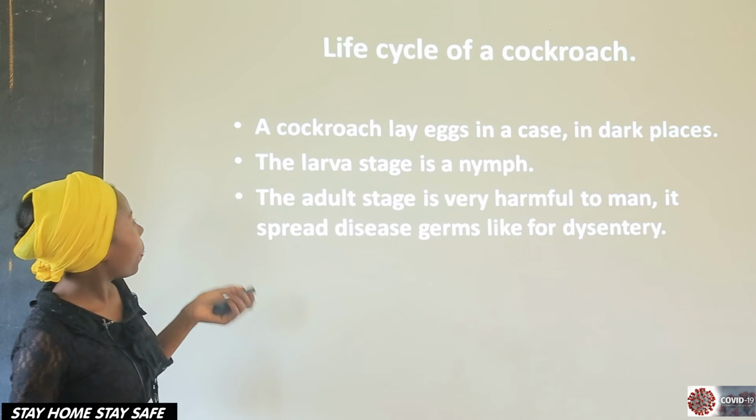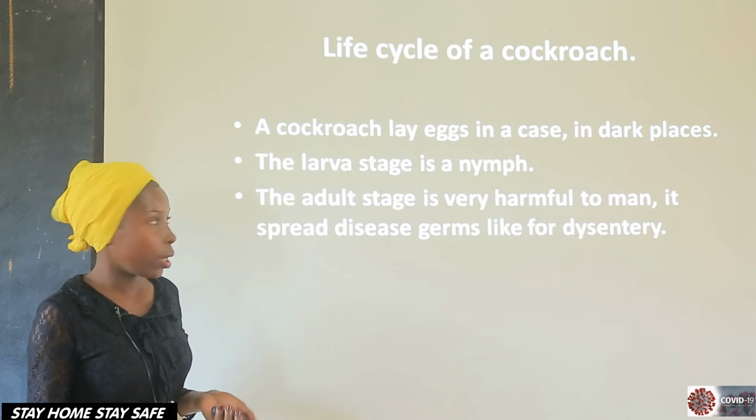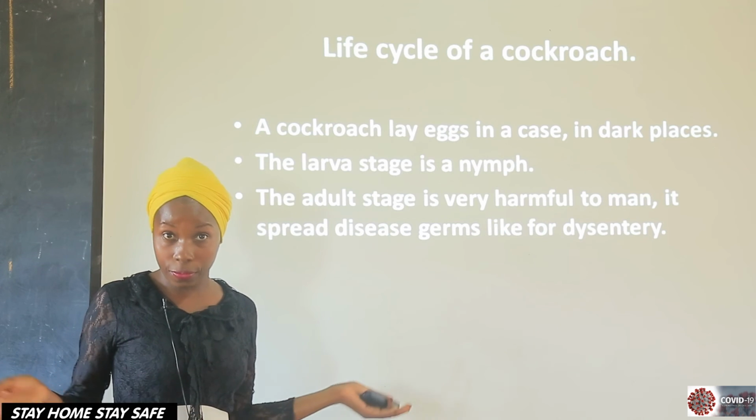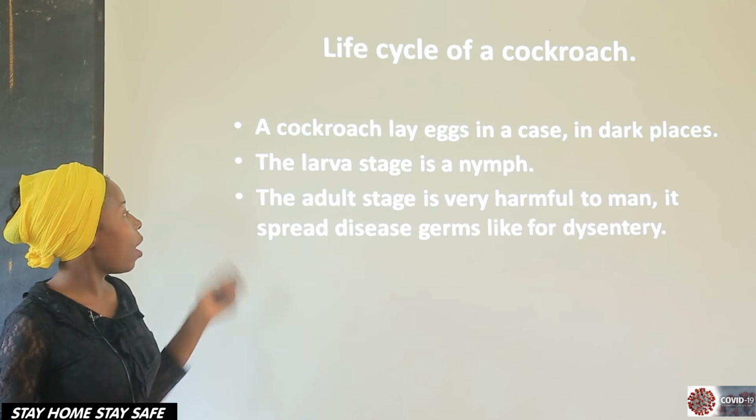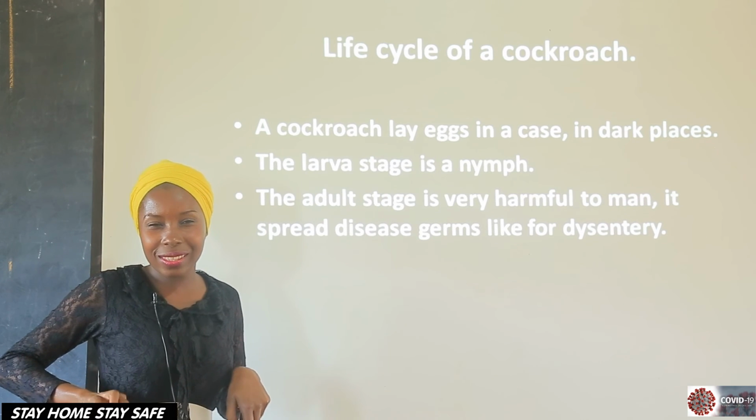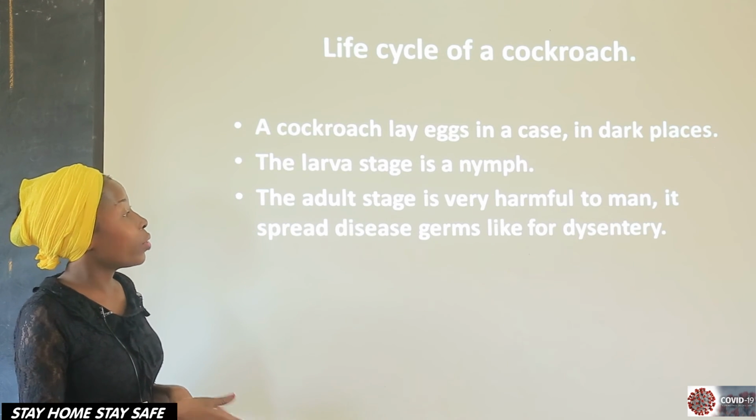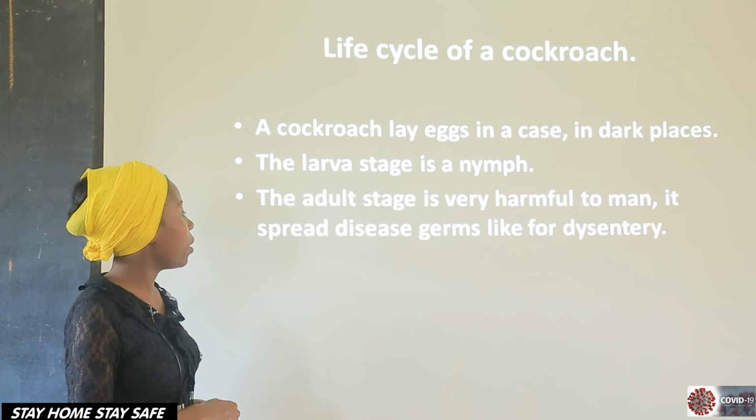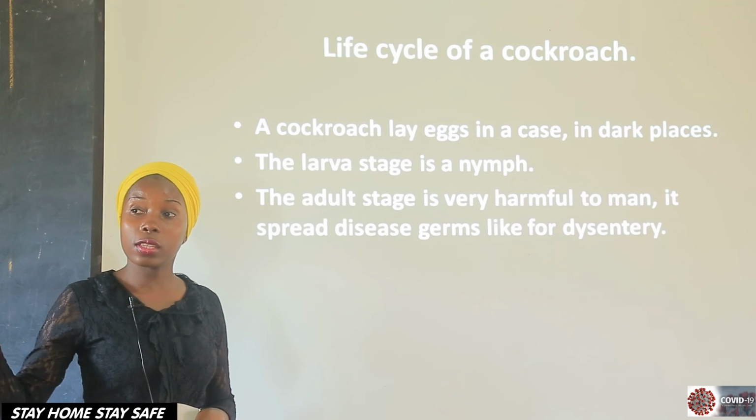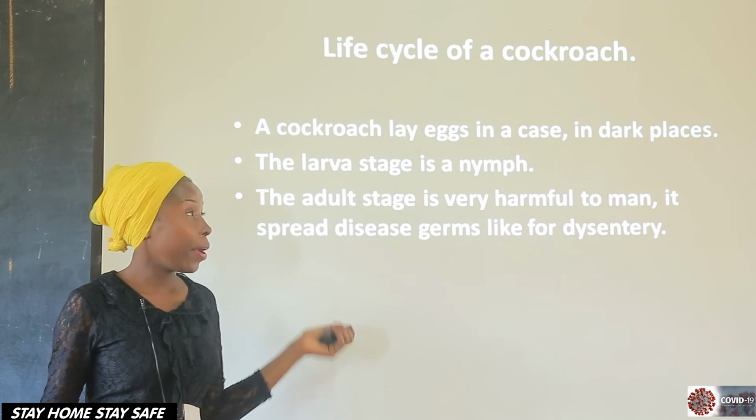So a cockroach lays eggs in a case, like I said, and that is the first stage, in dark places. And then the eggs will turn into the nymph, and that's the larva stage. And then after this nymph, which is very delicate, doesn't have wings, it's a bit soft, it's so small, it's so young, it will turn into the adult stage, which is very harmful to man because it spreads diseases like dysentery. Any other disease that is spread by a housefly, like diarrhea and dysentery and even cholera, can be spread by a cockroach because